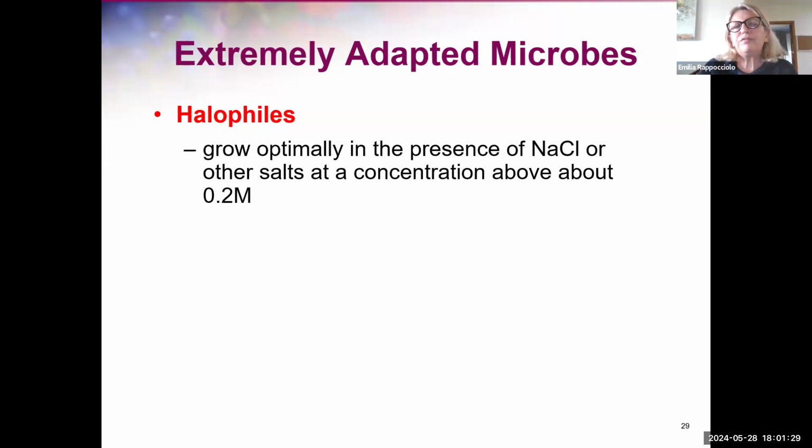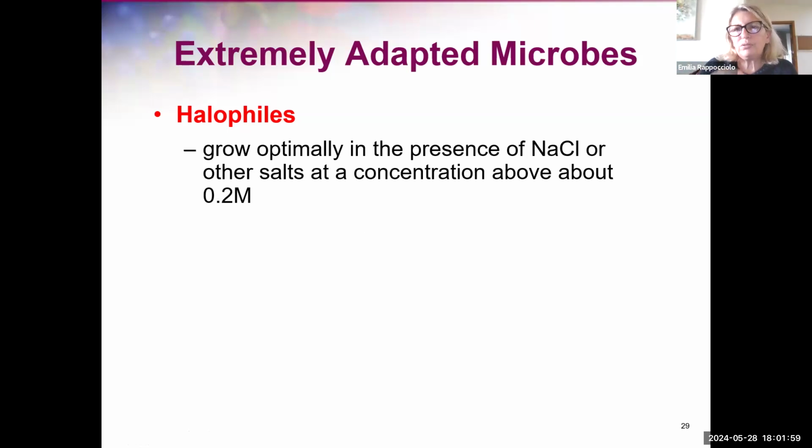Halo from Greek means salt, yeah, and phile means liking. So you have the halophile, they like salt, they need salt for growth, they need to be in a hypertonic environment, and they normally grow in the presence of sodium chloride or other salts which have a minimum concentration of